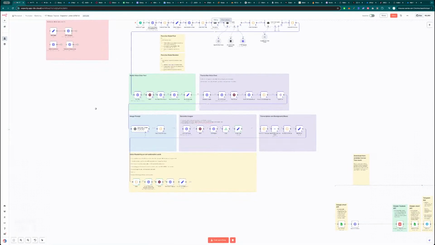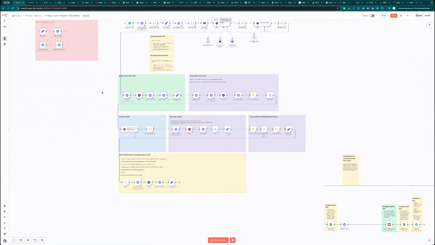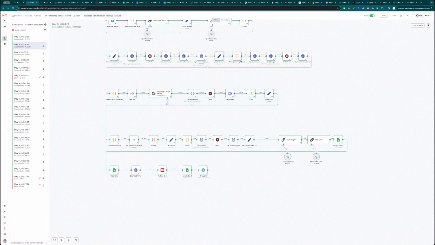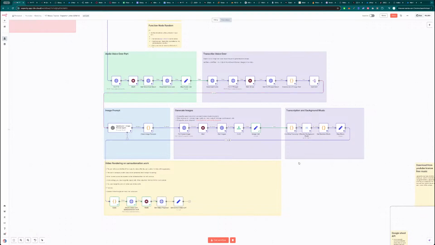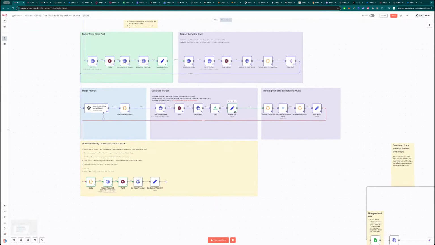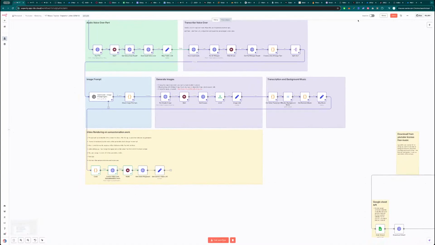Okay, I have to remember that. Let's just keep it in this workflow, and because this workflow is already working as intended, so just keep it like that. Okay, let's check the video progress. It's still